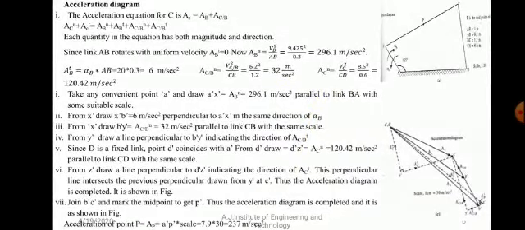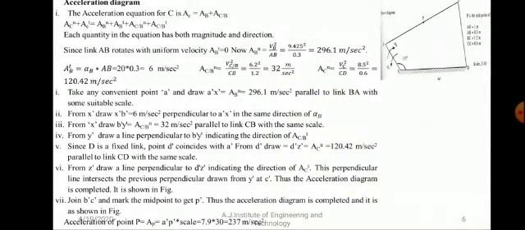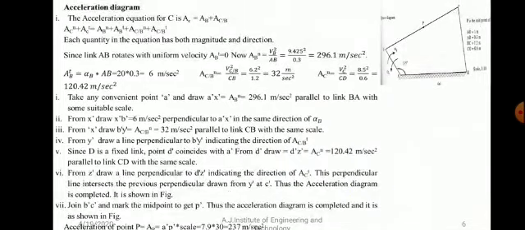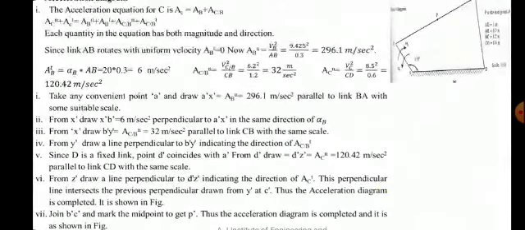You got it. Now you have to mark the point in this B dash C dash. You mark the point P dash at the midpoint of that one. Then you just draw a line from A dash or D dash directly to the P dash. This will give the acceleration of the component P. And this will complete the full acceleration. a_P is equal to 7.9 into 237 meter per second square. It will give you the acceleration of the point P also calculated. This completes the acceleration diagram of this mechanism.